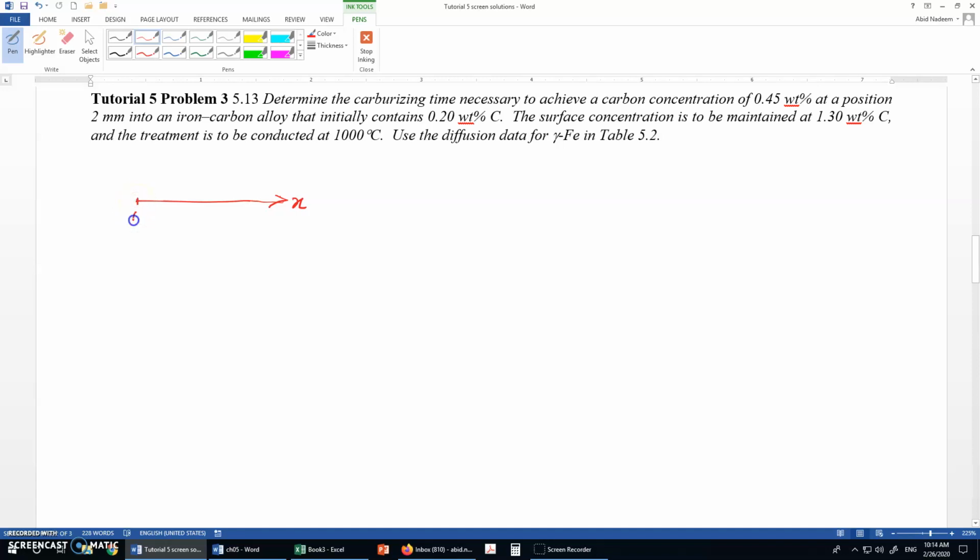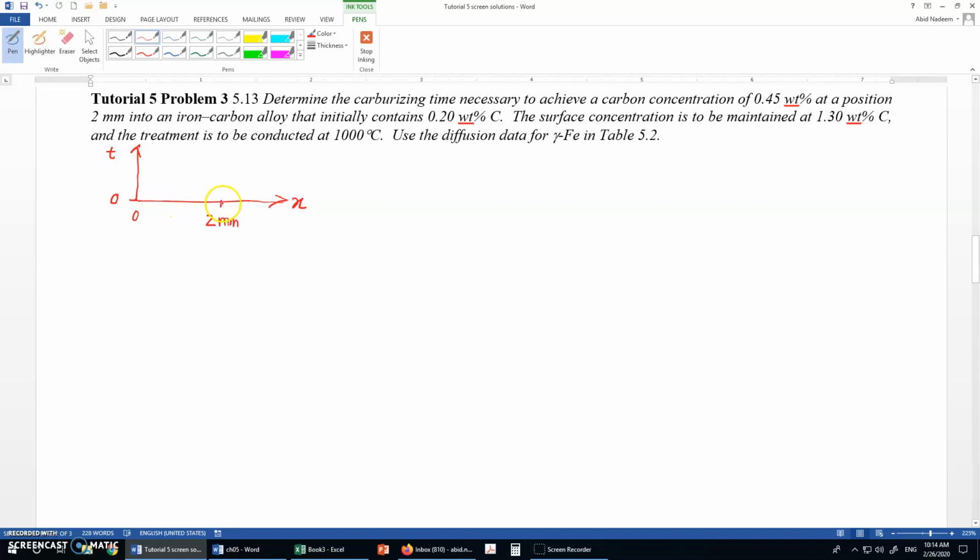The surface position I represent by 0, and the point we want is 2 mm into the surface, so I take it as the 2 mm point. And let's take the time over here. So at a time of 0,